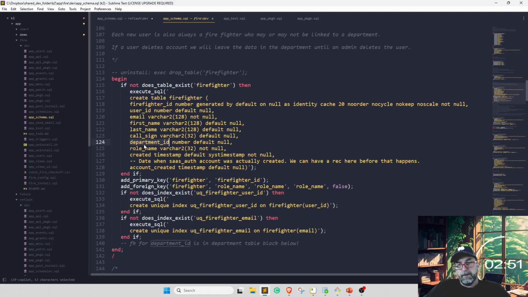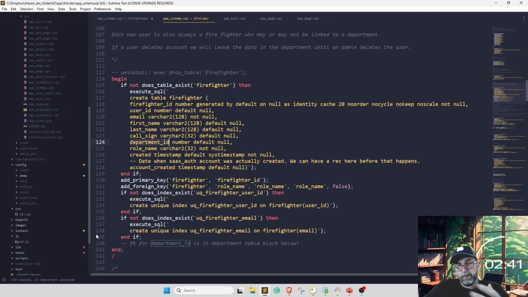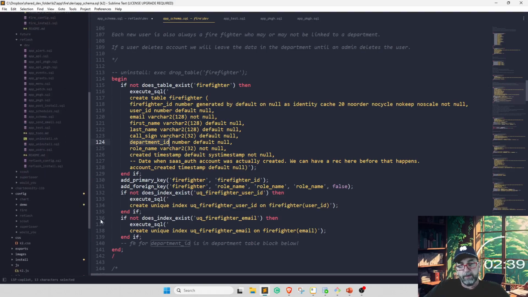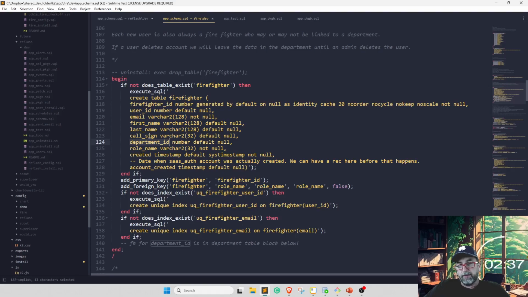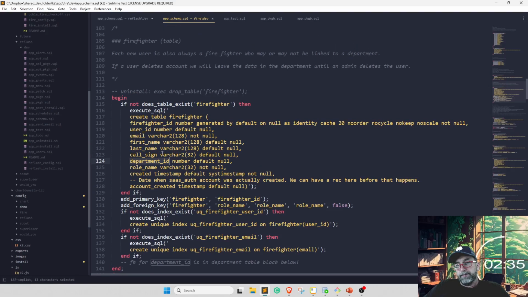Every firefighter, when they sign up, has to be associated with a department. When they create a user account in the SaaS auth table through the regular login form, if there's no matching email, their status is just pending until someone adds their email.